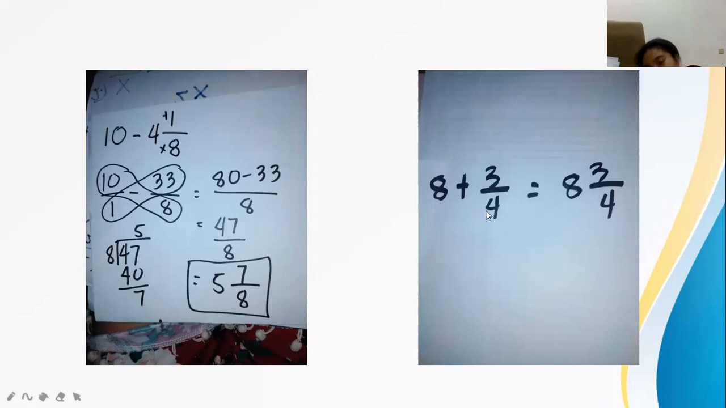Then, what if it is addition, like 8 plus 3/4? Just simply 8 and 3/4, because it is 8 plus 3/4. So, 8 and 3/4. Okay. So,